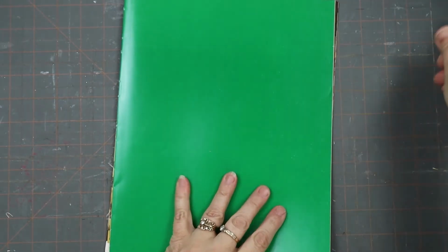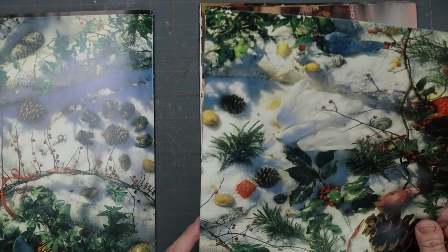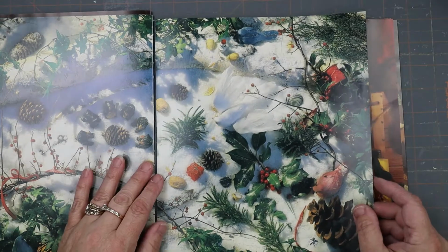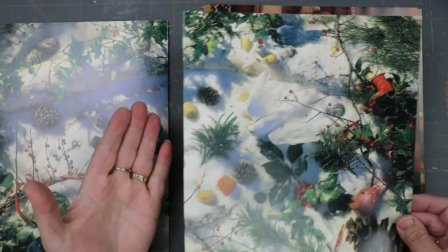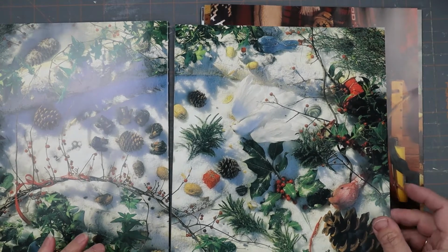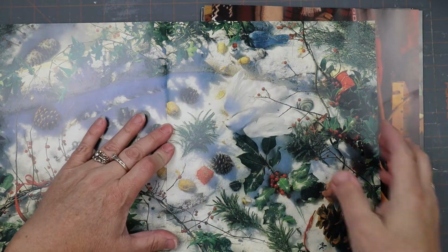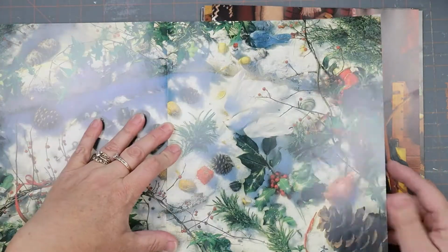So what that means is, so we go first page, second page. These are all together. So these are all in a signature. Okay, then we flip it over. Then we have this single page because it was glued in. So what I need to do is create another page. I'm just trying to think of how I should do this. I could tip it in or connect it here, and then this page will be a little shorter because then we'd fold it. Oh,